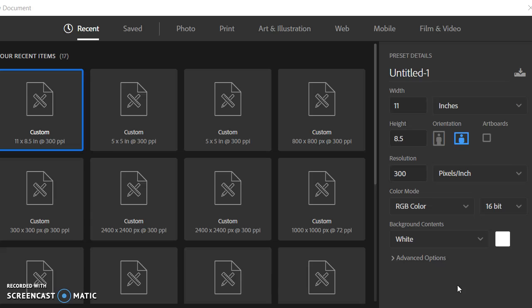So, to start, we're going to have this little bar up here. Now, to start, it's going to give you recents, because I have done multiple documents in Photoshop. It's going to be asking me what I want. Now, these are for more professional users. They're going to be custom artboards, and presets that you can set for different things, but